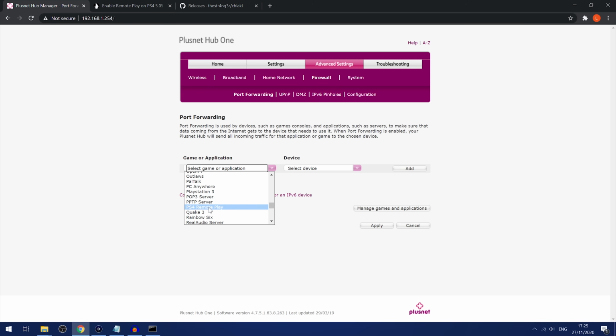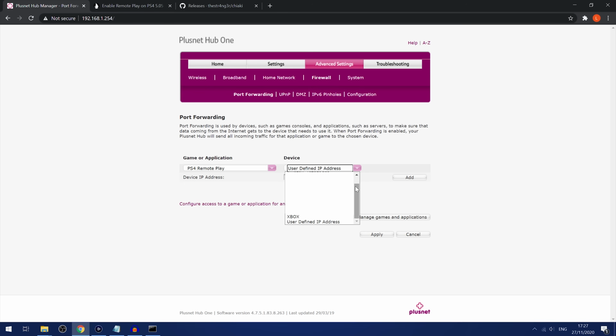There you go, PS4 Remote Play. So I can select it. That's going to ask which device I want to open the ports for. So I'm going to use a user-defined IP address, and I'm going to enter the IP address of the PS4. So 192.168.1.87. If you're using internet connection sharing to share the computer's connection with the PS4 down an Ethernet cable, which